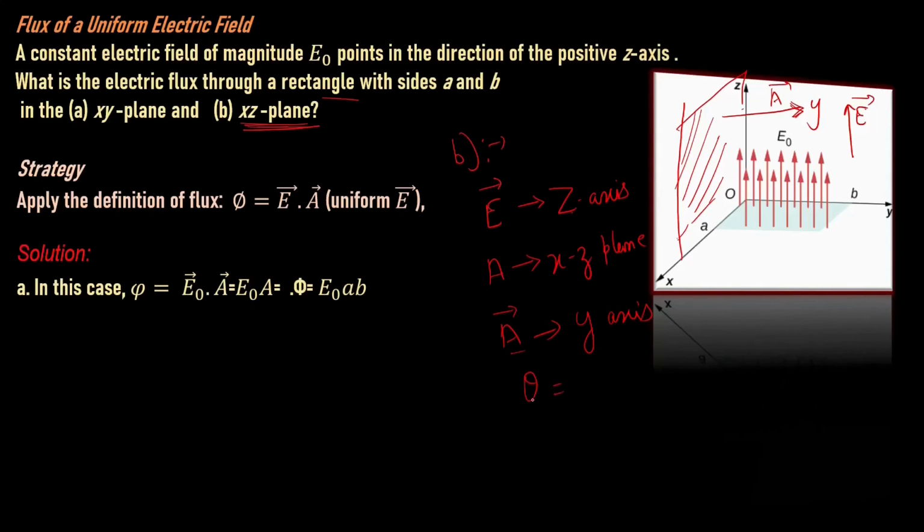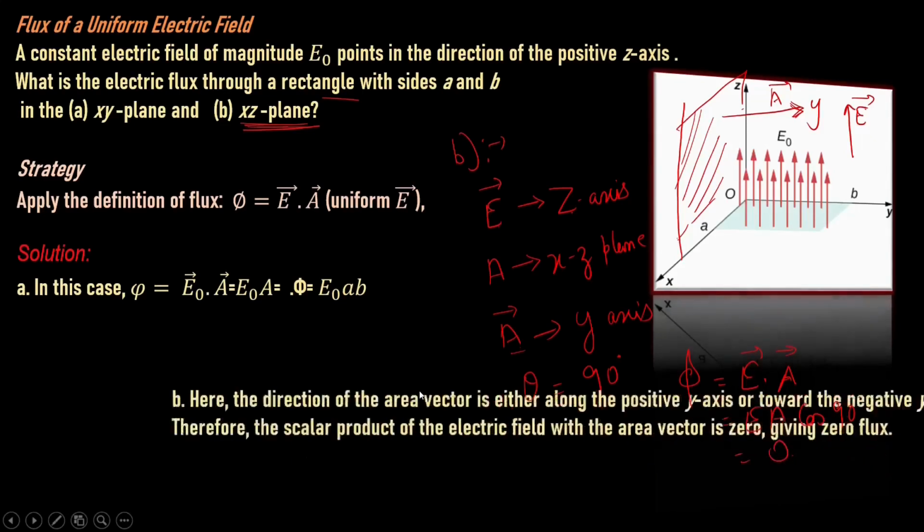That is the third strategy in solving. First we looked for the direction of the electric field vector, we checked the direction of the area vector. Now we have to go for the angle between them, and this time the angle between them comes out to be 90 degrees. So if we put it in the flux equation, E dot area vector, and open it up, we get E A cos 90 degree, and cos 90 degree is 0. So in this situation the flux comes out to be 0.